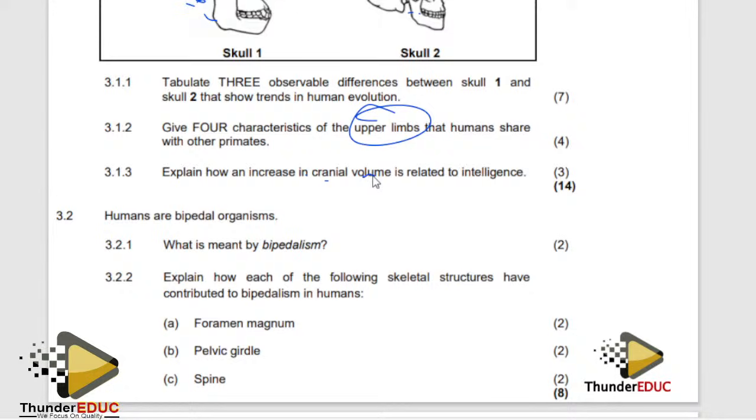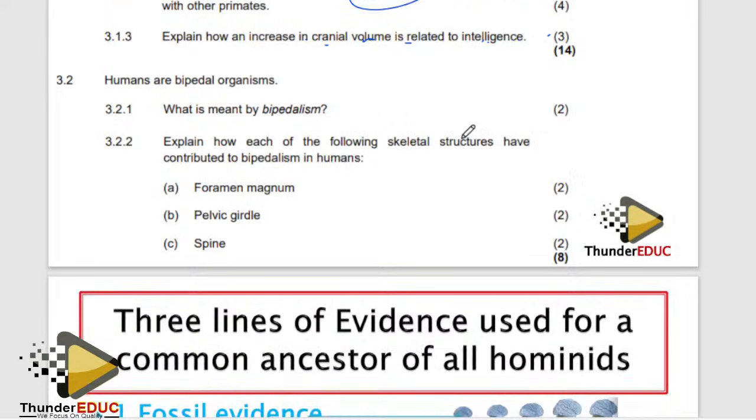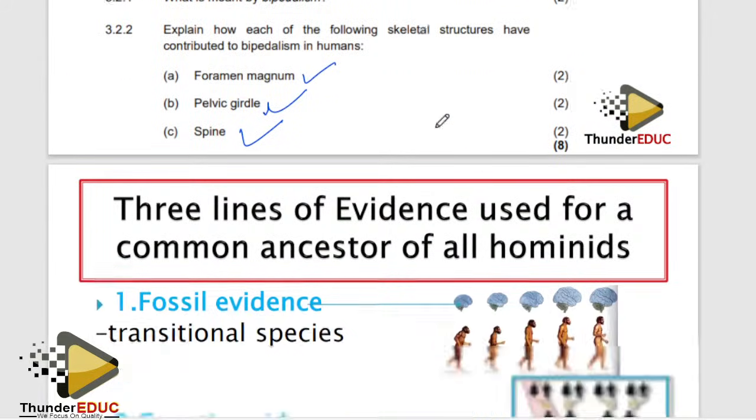Explain how an increase in the brain volume leads to intelligence. I talked about that. An increase in the cranium means more brain cells, and more brain cells lead to a higher intelligence. So what is bipedalism? Walking on 2 hind limbs or lower limbs. Explain how each of the following skeletal features has contributed to bipedalism. Position of foramen magnum is in forward position to allow the spine to connect vertically. Pelvic girdle is short and wider to support the upper weight. S shape to allow flexibility of the organism. You see, so it's a simple thing. Lastly, but not the least,